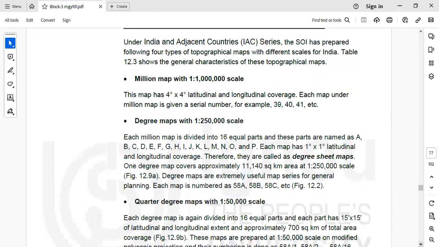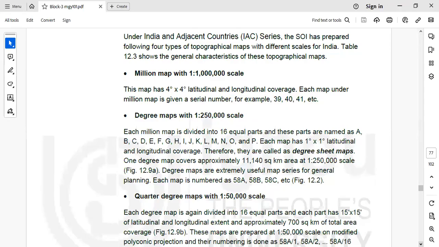Degree maps are extremely useful for regional planning. Here each map is numbered as 58A, 58B, 58C. So 58 represents the million map, and A, B, C up to P represent each degree map of